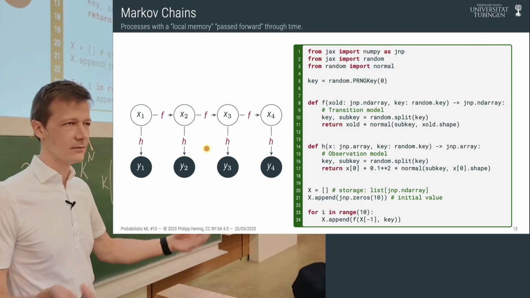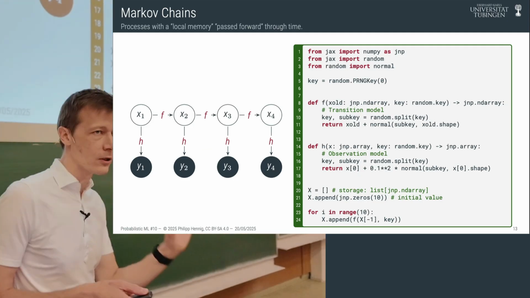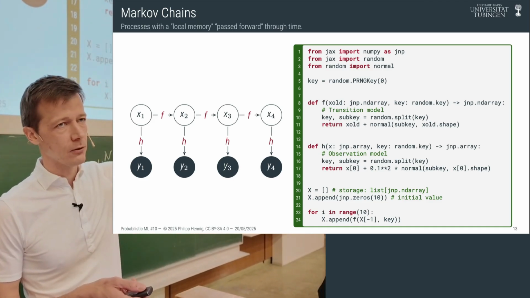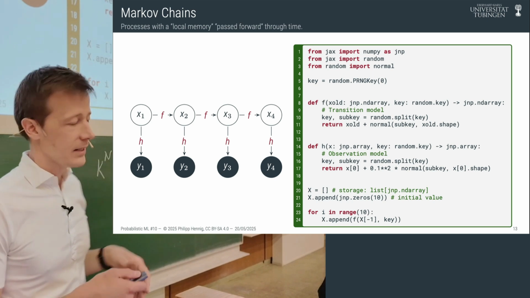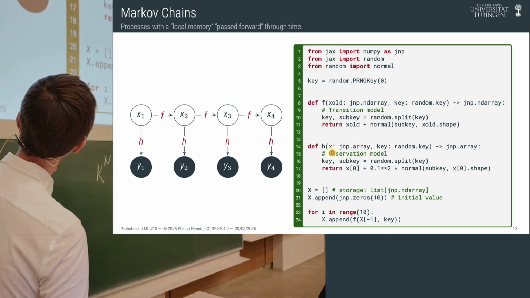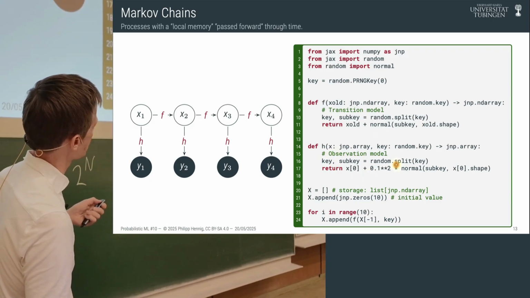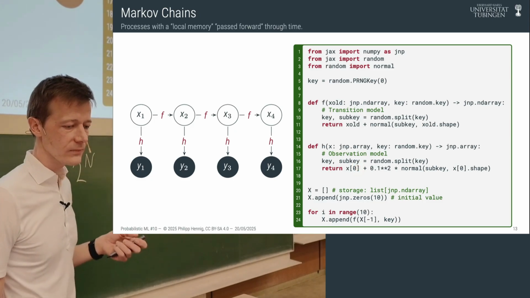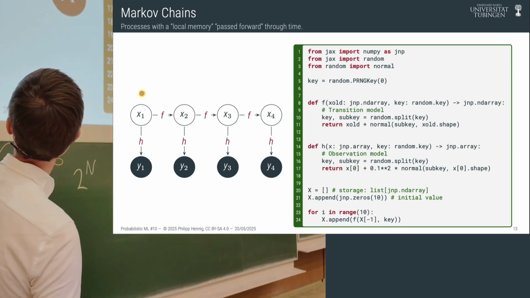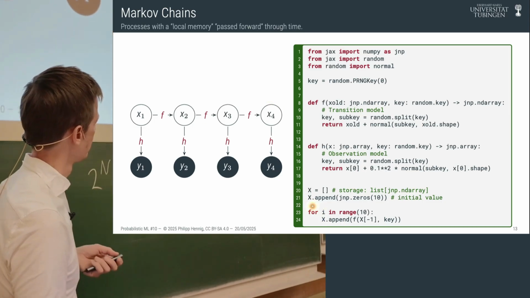You could predict what might happen locally, but the typical setting is that you observe something locally that you assume has something to do with the stuff that you would like to know about the state. And here the assumption is, again, that the stuff that happens locally depends only on the local state. So this function x, again, does a similar thing. It adds some random noise to it. And then we append this x to some list, and now we have a list of states that we can generate.